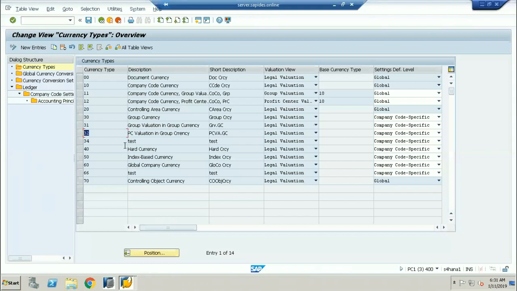Next one. Valuation here is what valuation? I didn't get this part. Profit center valuation, sir. Whenever you do any kind of currency valuation between one currency and another currency, when you are sending goods from one plant to another plant, one plant is in US, another plant is in India. Whenever you are sending the goods from India to USD, the valuation between INR and USD is going to happen in the profit center valuation currency.